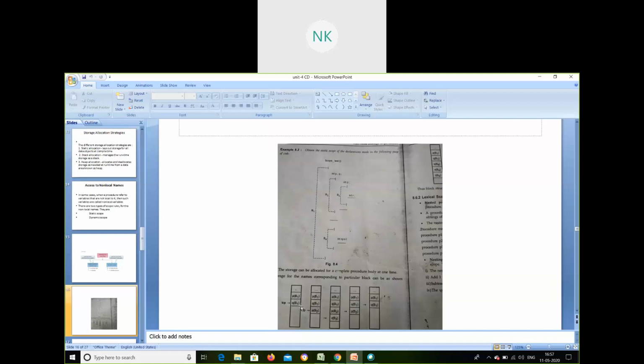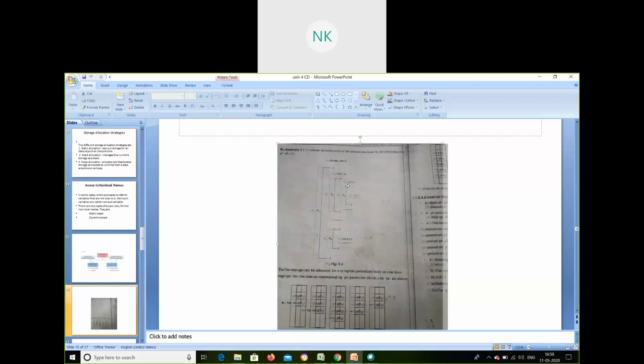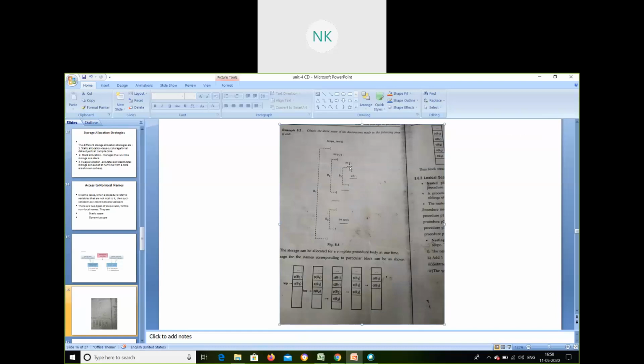Now the next one. I will not be able to execute this unless the B2 procedure is executed. So P of B1, Q of B1, then P of B2. Inside B2, I had int P, correct?